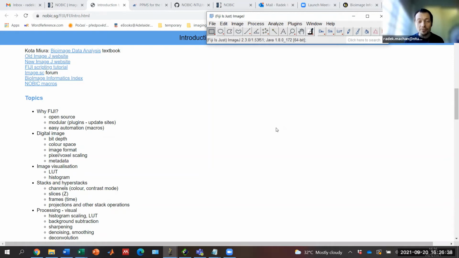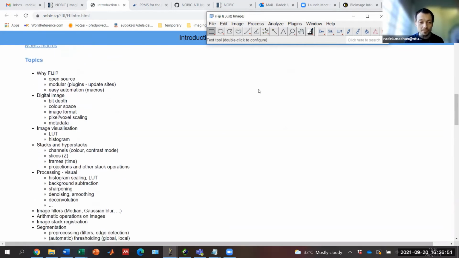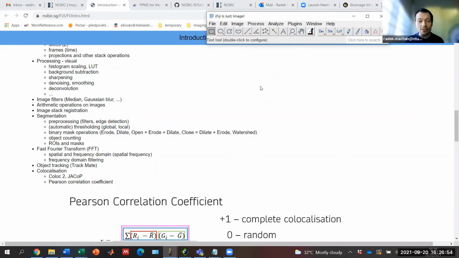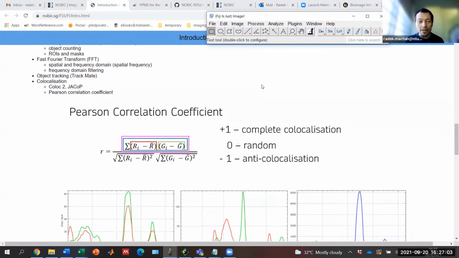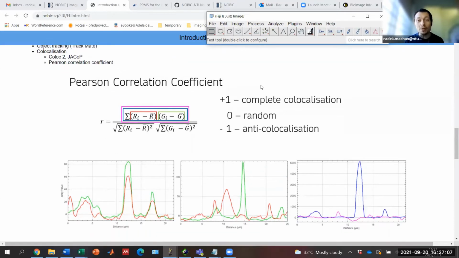So before we demonstrate how to do colocalization analysis using two different tools in Fiji, let's look more at the different colocalization metrics, because I know that sometimes people are a bit confused and don't know which metrics to use and how to understand them. So the most